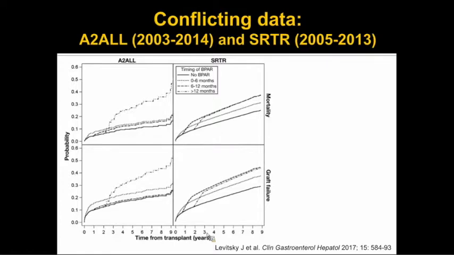And again, there is conflicting data even in this field. So this is data from that more recent study from the 2017 publication that used A2-all cohort and SRTR data. And what I'd like to point out here, regardless of whether you're looking at the A2-all or the SRTR halves of the data, is that the solid line, which is patients who had no rejection, were the ones who fared best, who had lowest risk of mortality and lowest risk of graft failure. So this is another example of a cohort where early rejection within the first 6 months or the first year was not associated, at least, with improved survival.